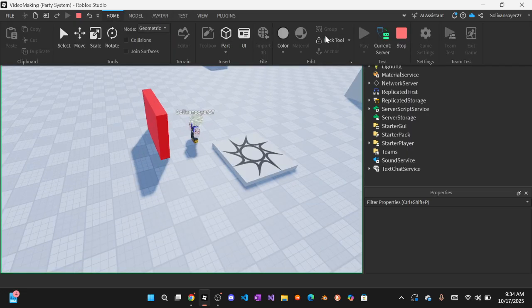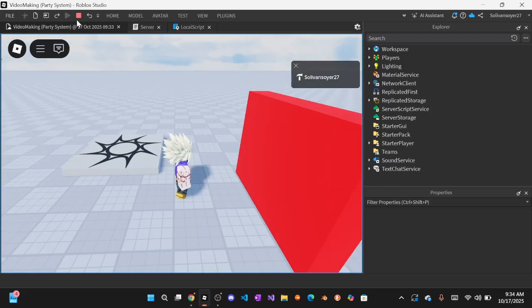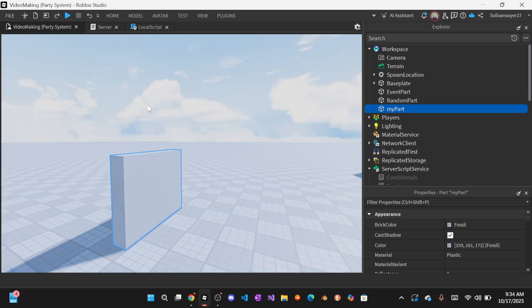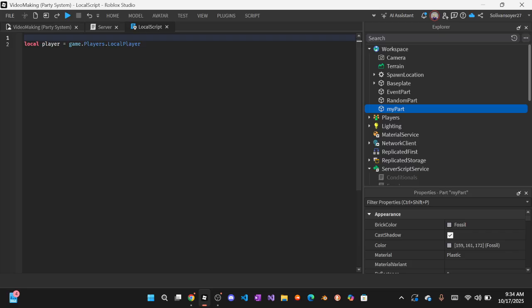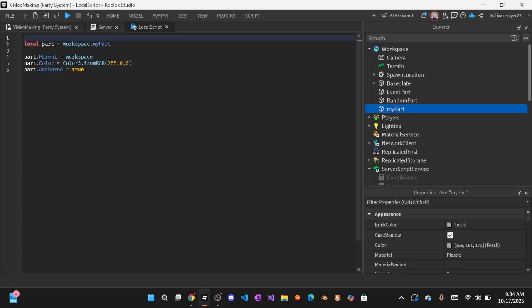While the client is for that individual person's camera. You see how now I'm back here. So now if we press stop, you might be wondering, okay, what am I trying to portray here? We made a part red, so what? Hold on. So if I put this script into here, into this local script,